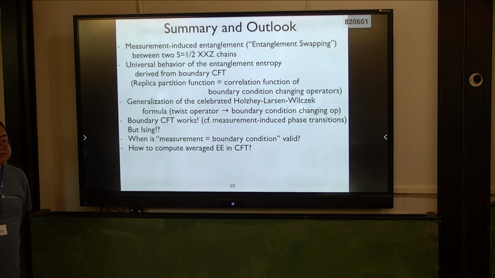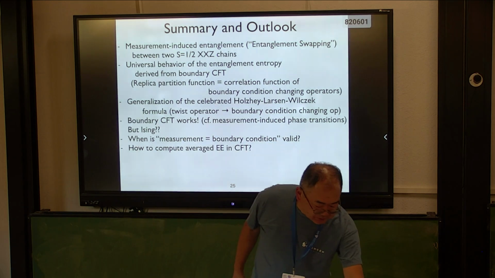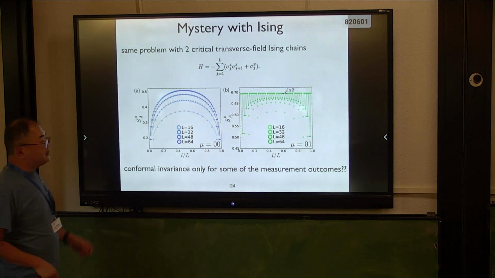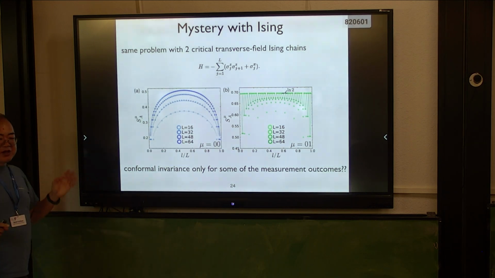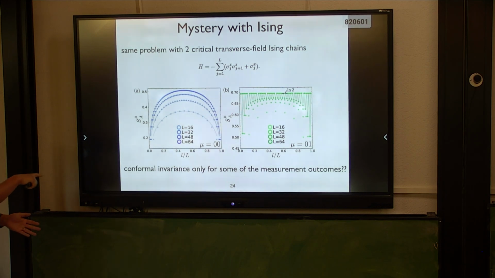Okay, can you maybe just remind me which measurement outcomes didn't work for Ising? I sort of lost track of the notation. So 0,0 means you're projecting onto the 0,0? Yeah, 0,0 means |00> plus |11> in spin language. 0,1 is the other Bell state. I see. And of course Ising is very anisotropic, so from a general viewpoint it's not surprising to see a different result. Right. Still, I don't know how to describe this 0,1 case with CFT.